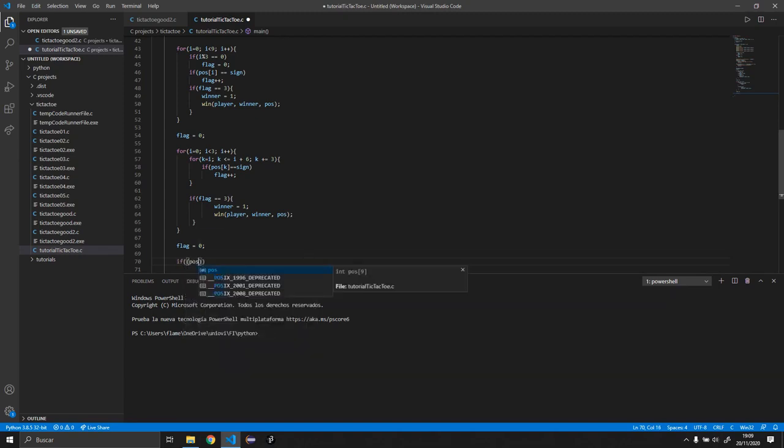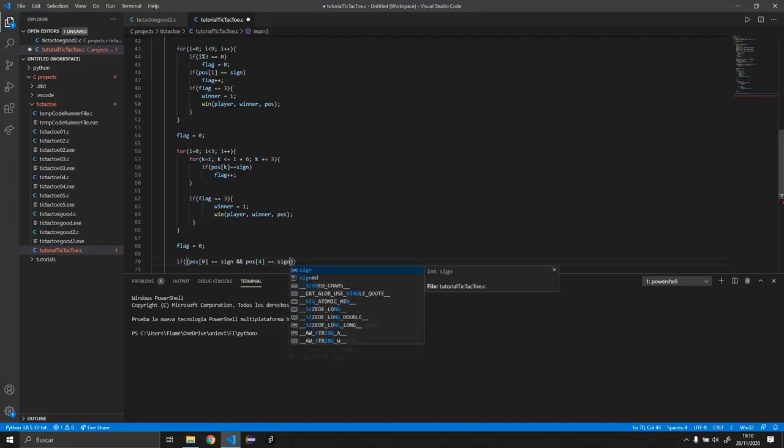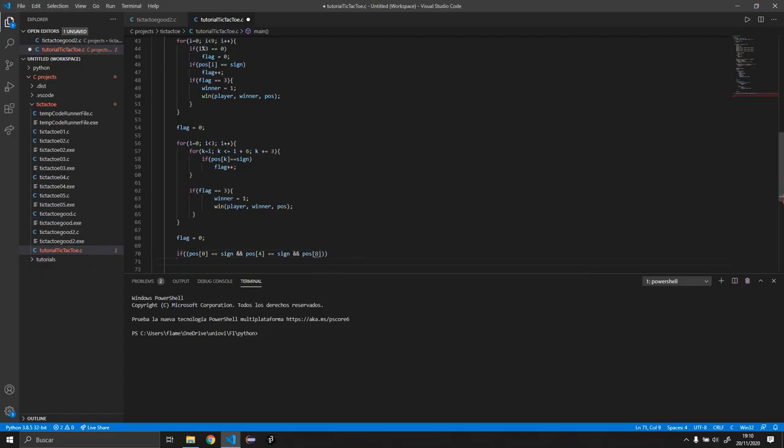So if position 0 equals sign and position 4 equals sign and position 8 equals sign, that is one of the diagonals, or